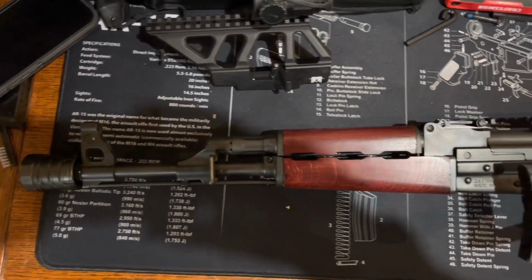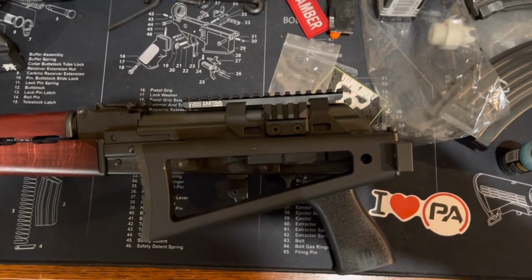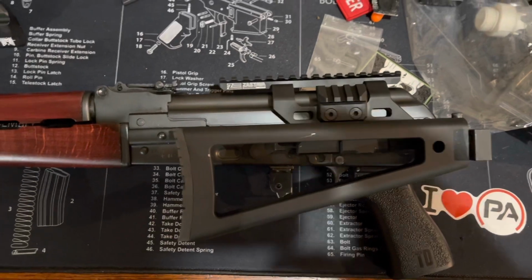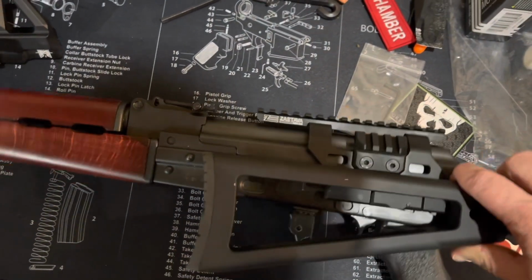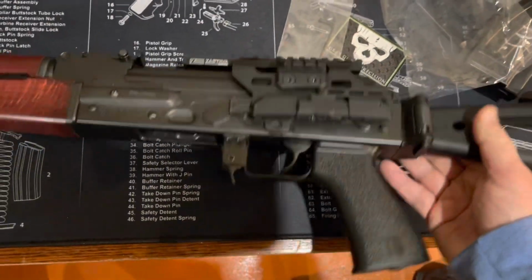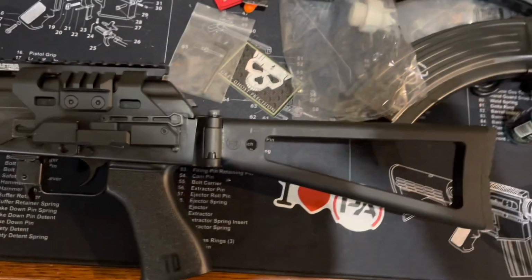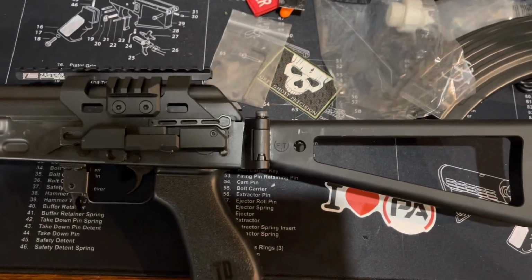Let's do another discussion about the side folder on my Zastava M70 ZPAP. I got the brand new side folder from Zastava, which is right here. You can push it down and it'll fold and extend into the out position. I had some previous video, I'll put a link somewhere up in the upper corner, and discuss some of the